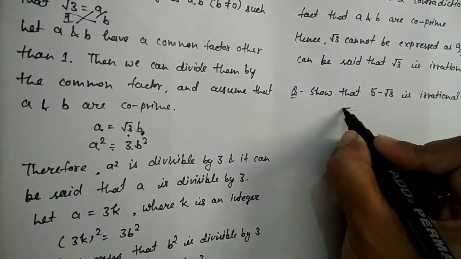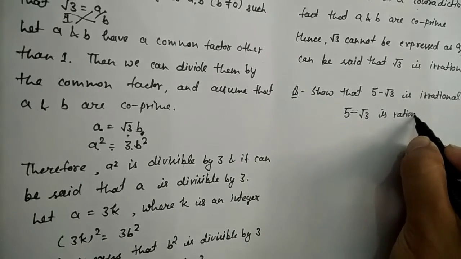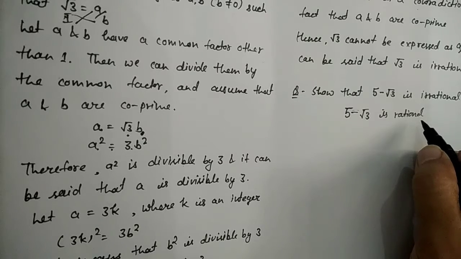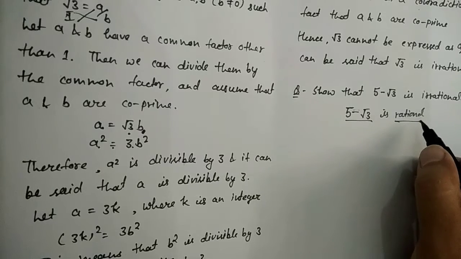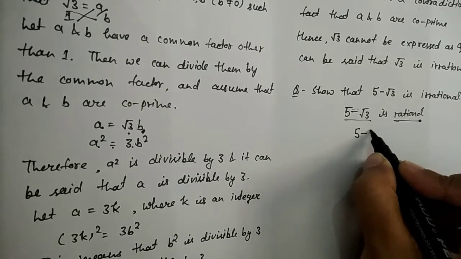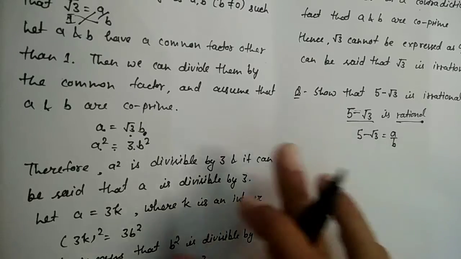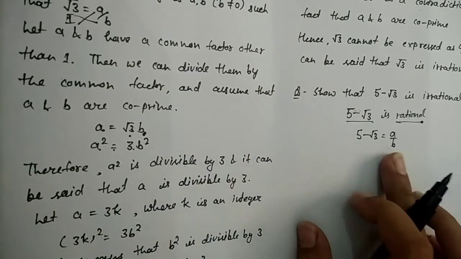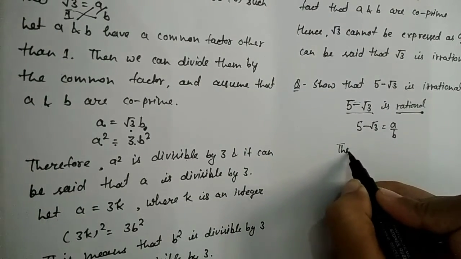5 minus root 3 is rational. You have to write: let's assume to the contrary that 5 minus root 3 is rational. This means we can find coprime A and B, where B is not equal to 0, such that 5 minus root 3 is equal to A upon B. We have done the same thing in the previous question, so we do the same thing here also. So therefore